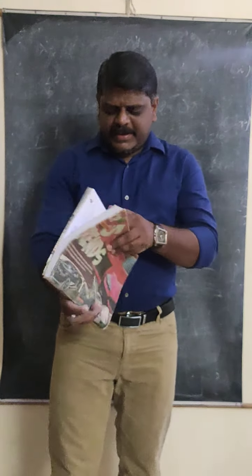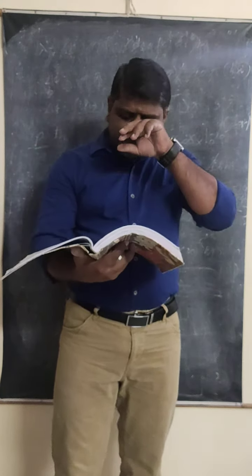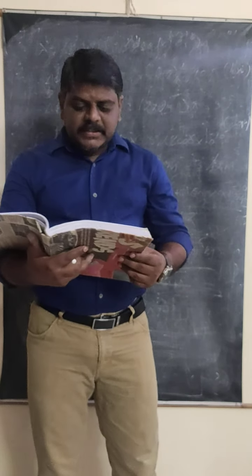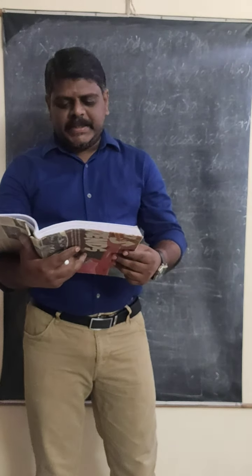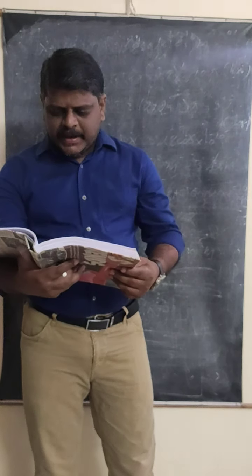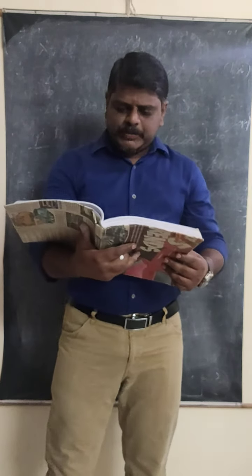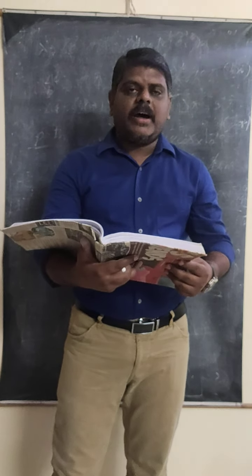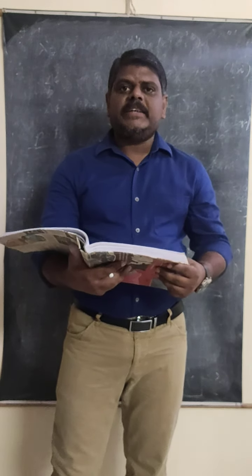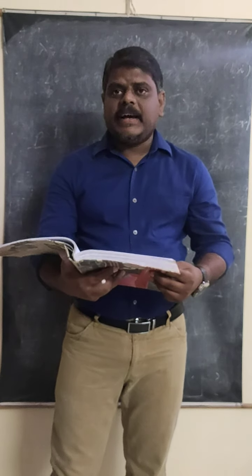Welcome back students. I hope all of you read the problem. The problem says that in Young's double slit experiment, the slit separation is given as 0.52 millimeters and the distance of the screen is given as 2 meters. In the interference pattern, the distance of the second dark fringe from the central bright band is given as 2.5 millimeters. So here the distance of the second dark band is given and you have to find the wavelength. So it's better to write down the given values first.